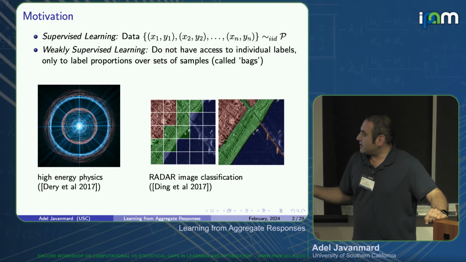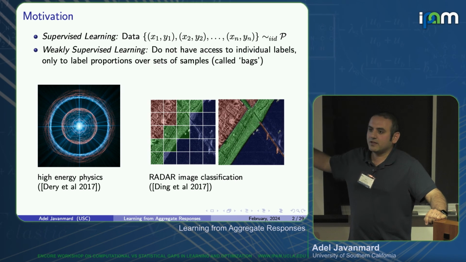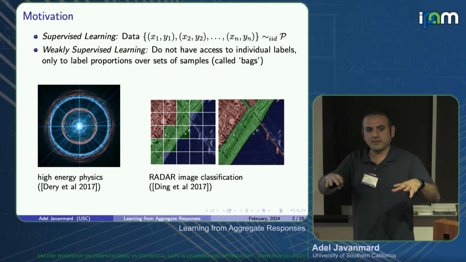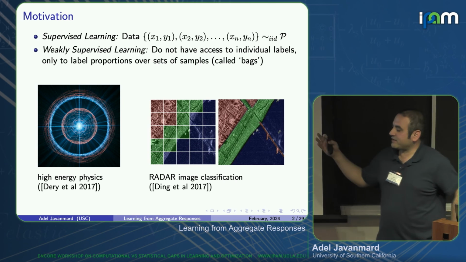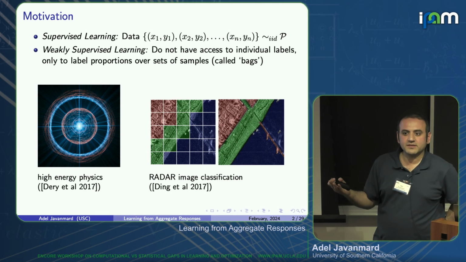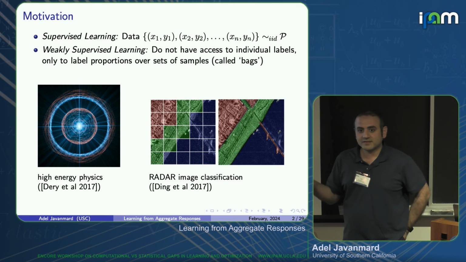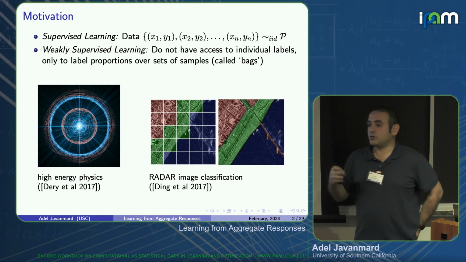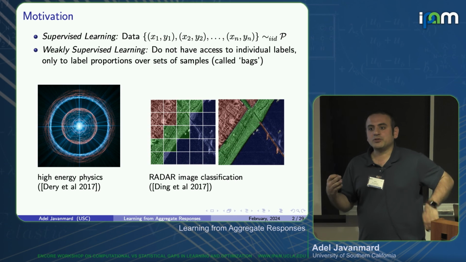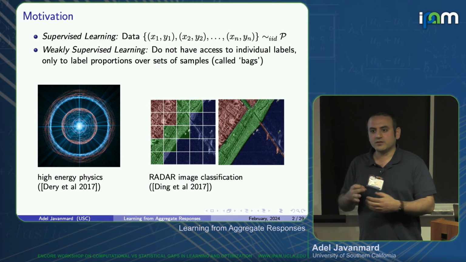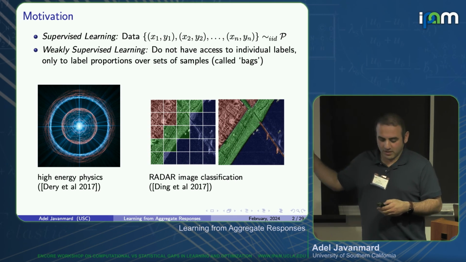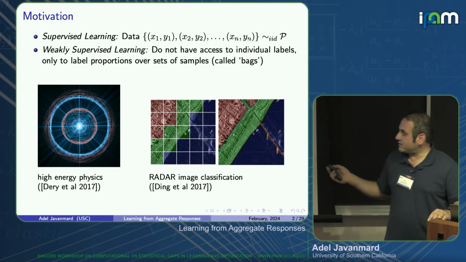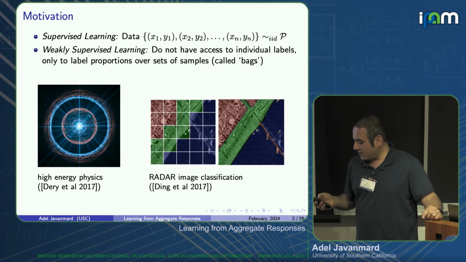And the other example is in radar image classification, where you want to have rapid data acquisition. So instead of trying to label at pixel level, you want to label at grids in the image. Okay? So these are examples where the learner doesn't have access to the individual responses. Some of them is because getting the individual labels is expensive. Sometimes you don't have the technology. You don't have enough resolution. You want to do it under some time constraints, so you might sacrifice getting higher resolution. So this framework of aggregate learning can appear for different reasons.